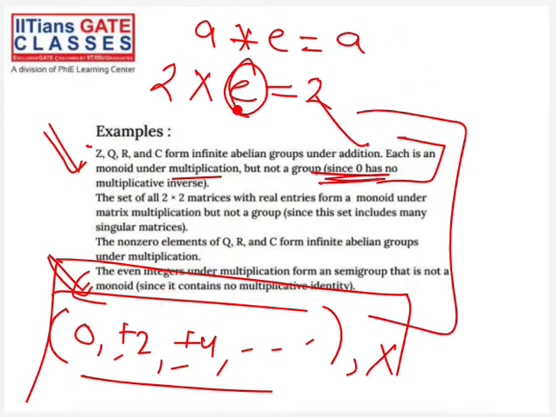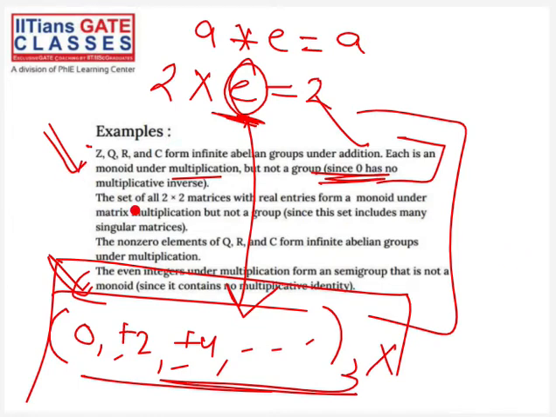So the point is that the identity element can be 1, but 1 is not in our base set. 1 does not belong to our base set. Hence, we can say there is no identity element, and hence the highest structure that is satisfied by this pair is semigroup, because a semigroup only cares about the closure property and the associative property. So these two are satisfied, hence it is a semigroup but not a monoid.